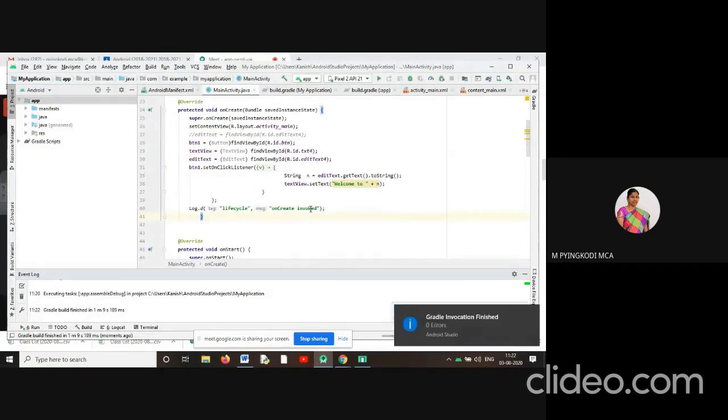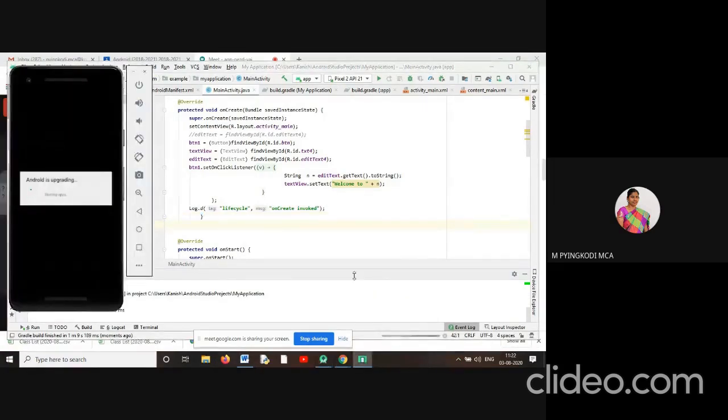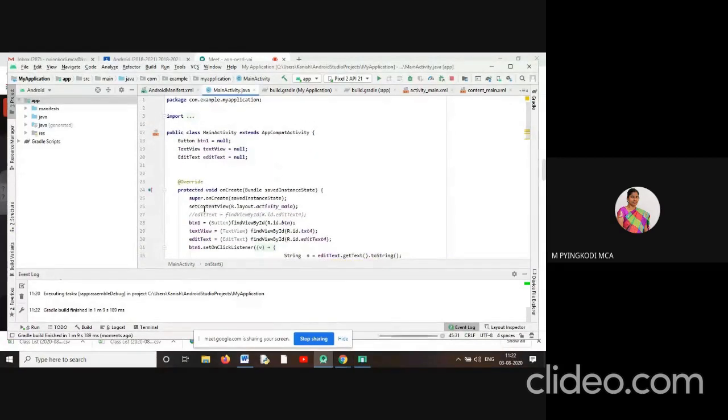So what is the starting point of our activity? We have already discussed. Where is the starting point of our Android activity?